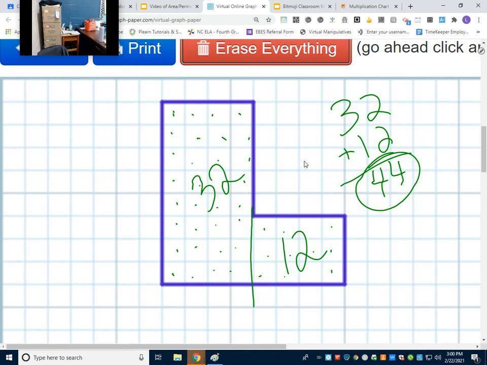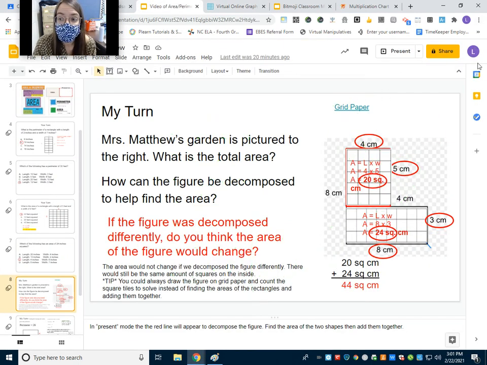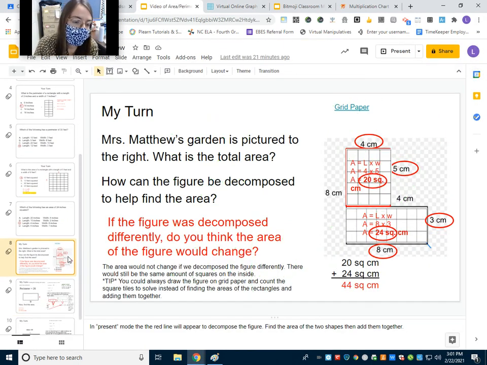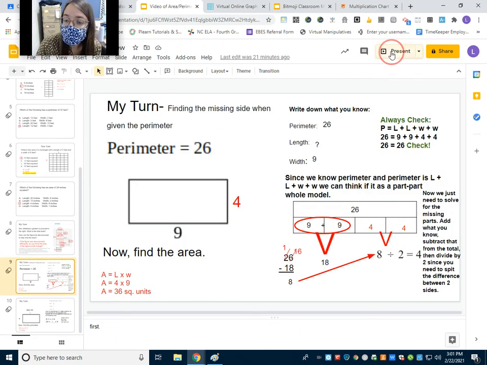So worst case scenario, if you can't split it up by decomposing, that's okay. You can always recreate the shape on grid paper to help you solve, because area is just the squares on the inside. Okay, so hopefully that'll be a helpful strategy for you. All right, boys and girls, as we finish up,